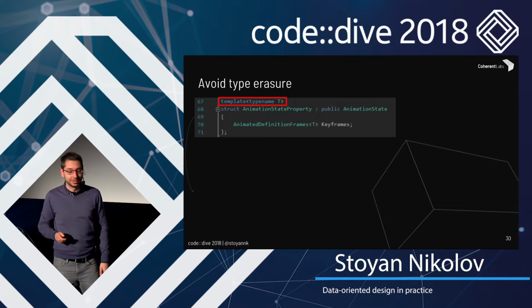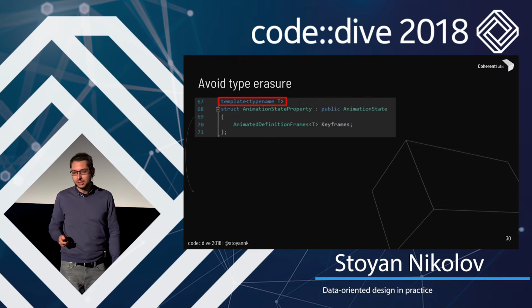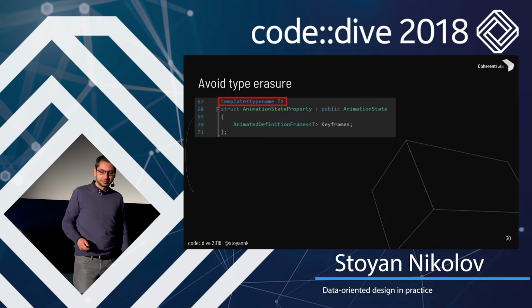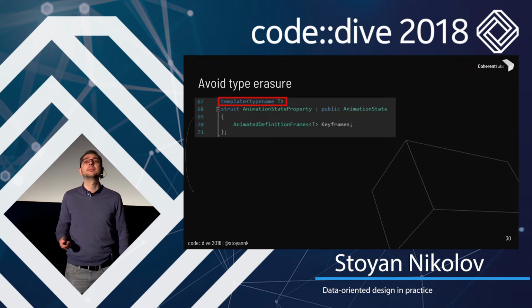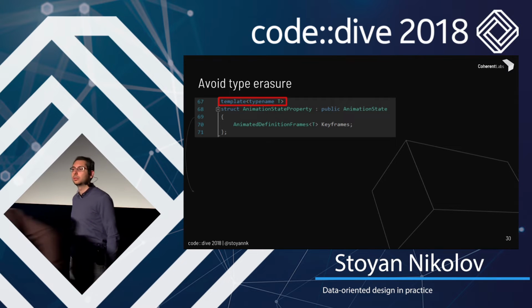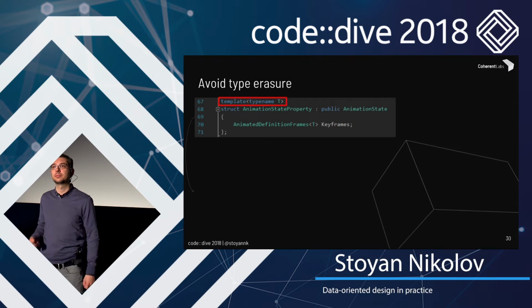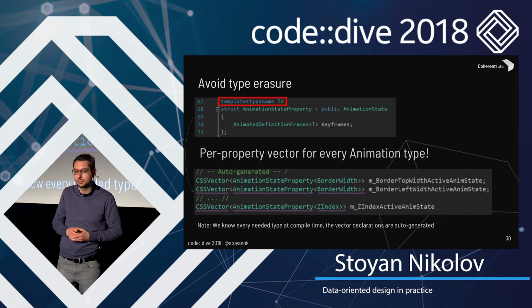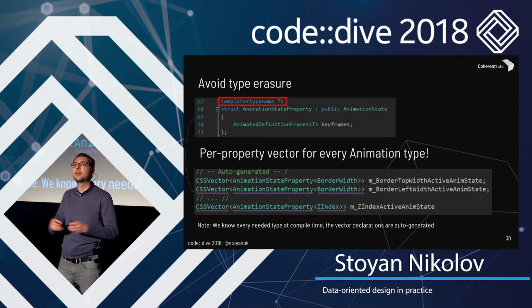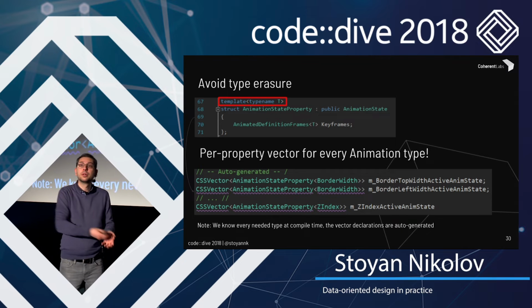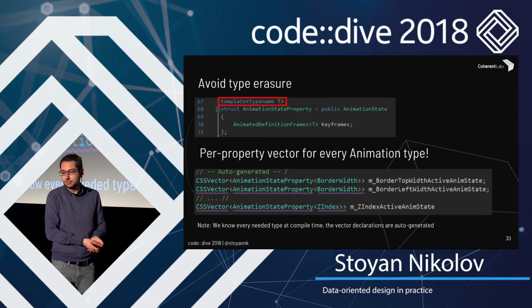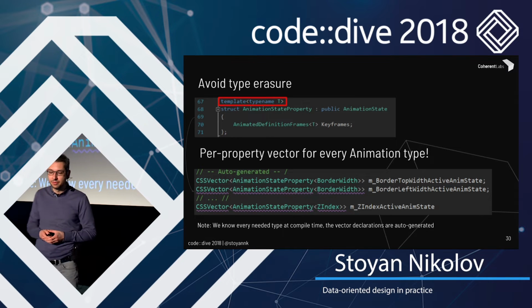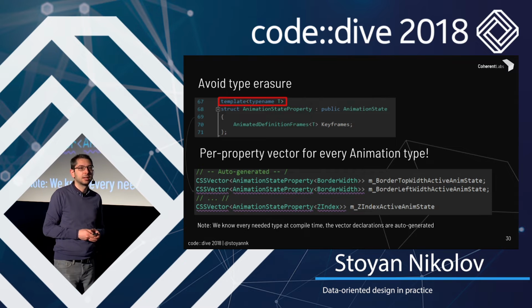So how do we deal with this? Well, there is an insight from our domain knowledge, and it is that we know at compile time every type that we want to interpolate. We know which one of those we have. So we can do a very simple thing. We can have arrays for each of these types. We can generate those at compile time, and this gives us a very important and interesting effect on performance.